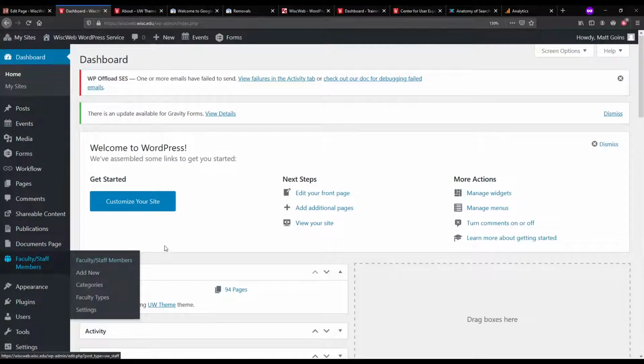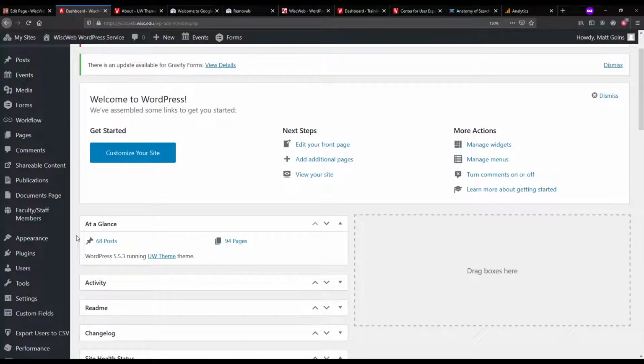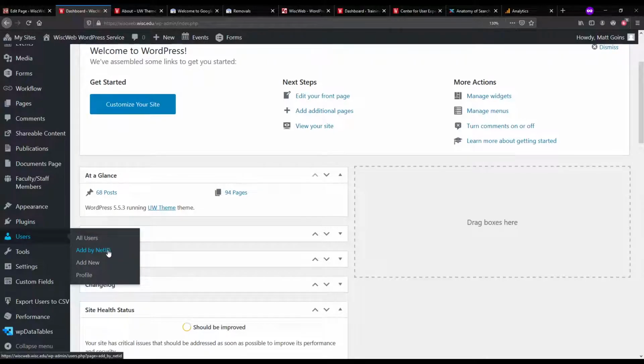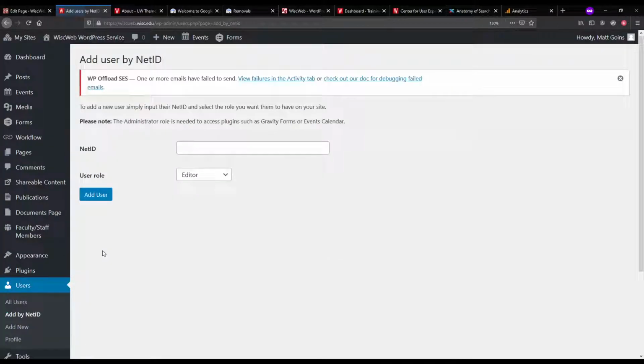For those of you who are admins of your site, we used to field numbers of these requests on a daily basis of adding people to your site. You as administrators have always had that ability to do that, but we simplified it even more by just simply adding the value of add by NetID. So if you go to users and then add by NetID, all you need to know is a person's NetID and then assign them the role that they need to have.